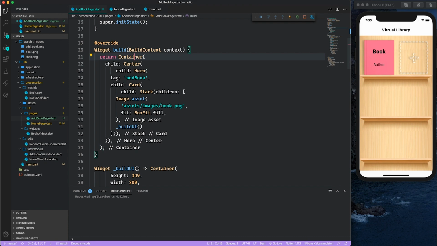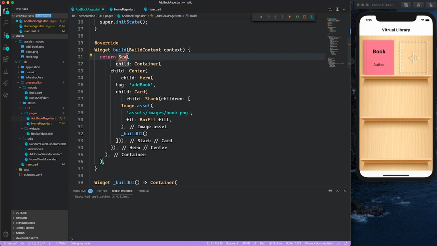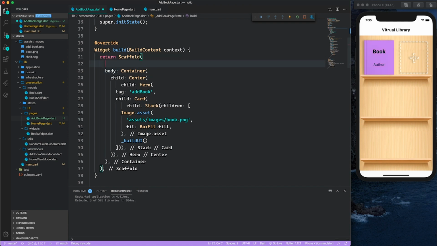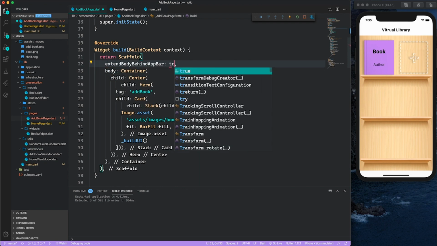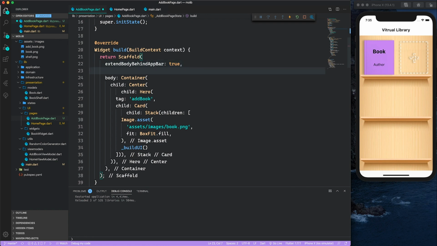So I'm just going to say wrap with widget, scaffold, and instead of child, the scaffold has a body. I'm going to say extendBody, extend the body behind the bar. I'm going to set that to true, and I'm also going to make the background color transparent for the scaffold. So now if I click,